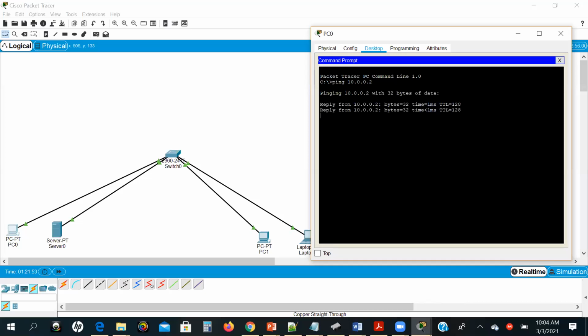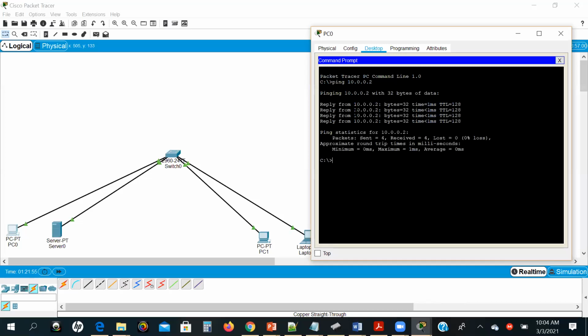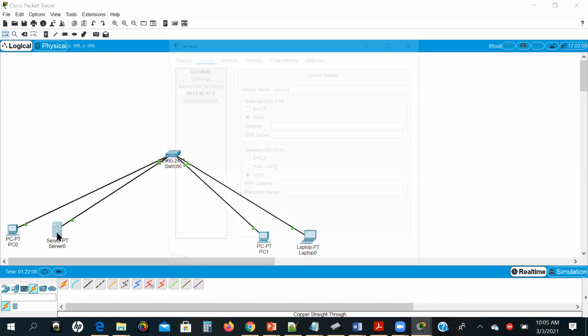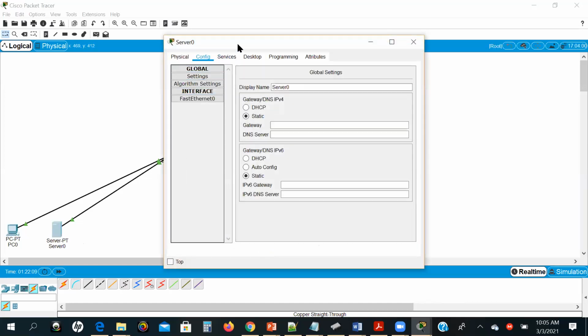If I do that, you can actually see the server is replying. It's receiving the frames and echoing back those frames. All right, the server is replying. Similarly, if I go to the server and do the same,